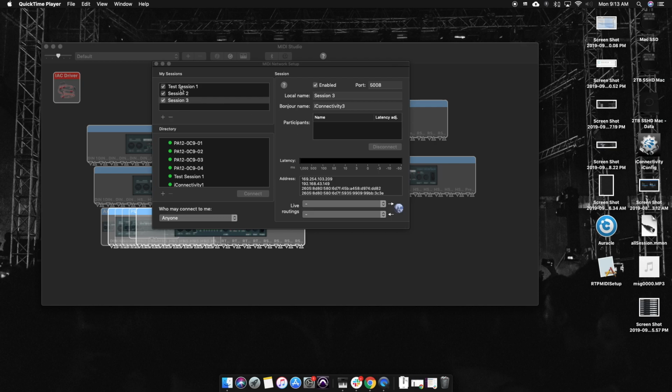So what I've done here is I've created a few sessions in my network. So test session 1 here, you can see I have the Bonjour name, which is going to be very important later. It's going to be iConnectivity 1. Then I have session 2, iConnectivity 2, session 3, iConnectivity 3. You can see that I actually created the local names different. It's because the local names are whatever you want them to be. It doesn't really matter. And then the Bonjour name, you can make it whatever you want, but just remember